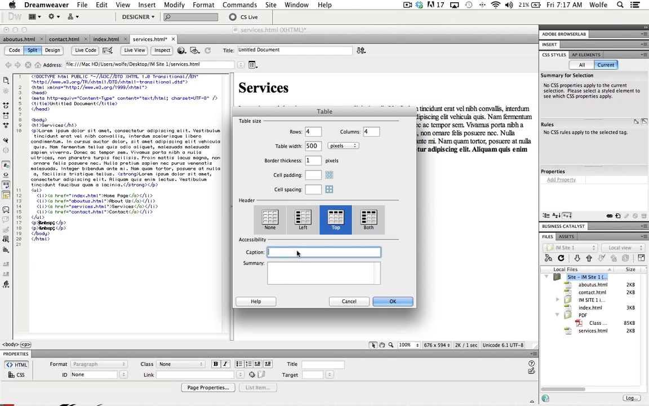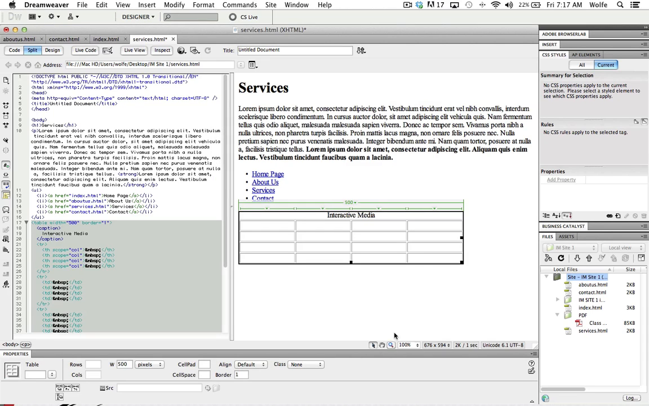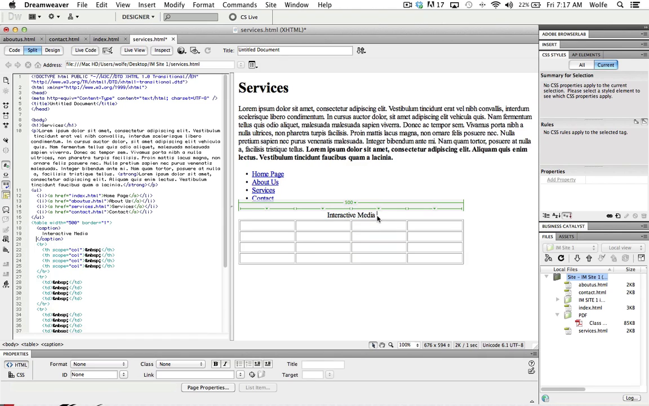So we're going to call this caption, interactive media, and this is what should appear in the top of the table actually. So once we have these settings set up, we're going to go ahead and press OK. And notice that yes, there we go. We have a table that's 500 pixels wide. We have the name of the table is interactive media, and